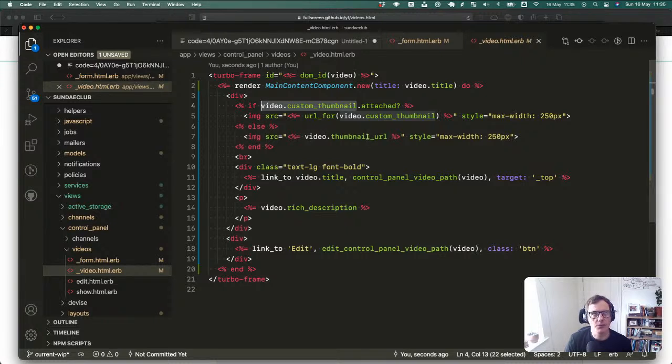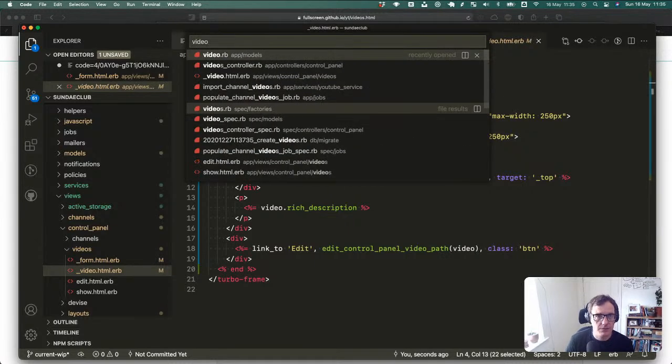Now, the reason I was pausing there is what we can do is if the YouTube channel had the OAuth information stored against it, we could have a callback on the model that was like, if the custom thumbnail has just been updated, update the YouTube thumbnail as well. So you could make the Sundae Club app the source. So I don't know what that would look like. It would look probably something like